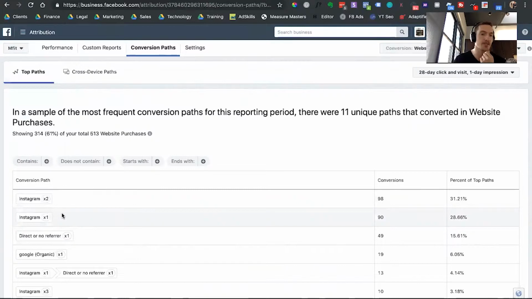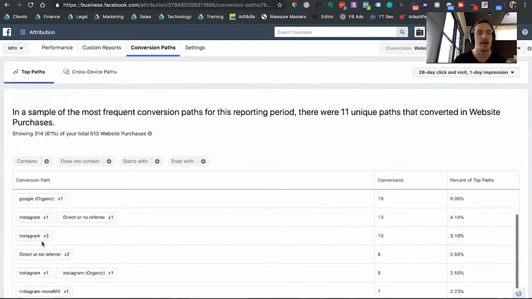This to me makes much more sense because you're seeing direct or no referrer down at the third most popular conversion path, rather than in the Google Analytics report, where there were obviously some issues because we were seeing direct traffic in 3 or 4 of the top 5 spots, which is not likely accurate given the amount of paid traffic we're using. Seeing Instagram in the top 2 spots and then seeing Instagram again down here is much